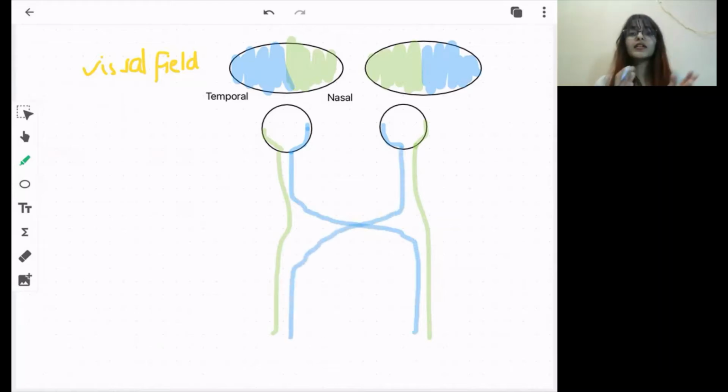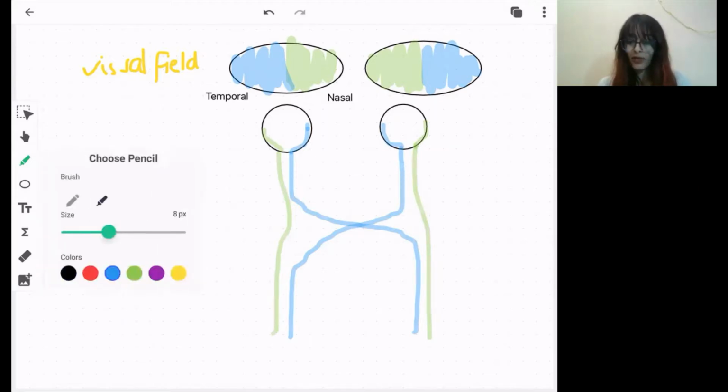So again, the visual fields are projected onto the opposite retina. So the nasal visual field is projected onto the lateral retina, and the temporal visual field is projected onto the medial retina. And the fibers coming from the lateral retina, they do not cross, they go to the same side of the brain, or they are on the same side of the pathway. But the fibers which are coming from the medial half of the retina, they cross and they go to the opposite side. Simple H-shaped pathway. This is what you have to learn.